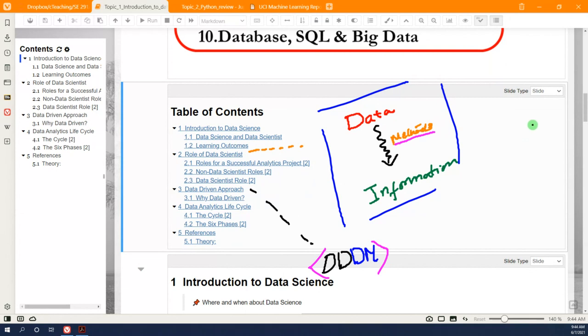Let us say you are in a restaurant. Let's say you are trying to make a restaurant, and in a day you have... let's make it very simple. Okay, let's make it very simple. Let us say